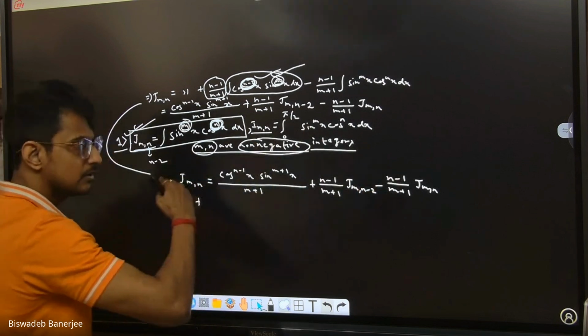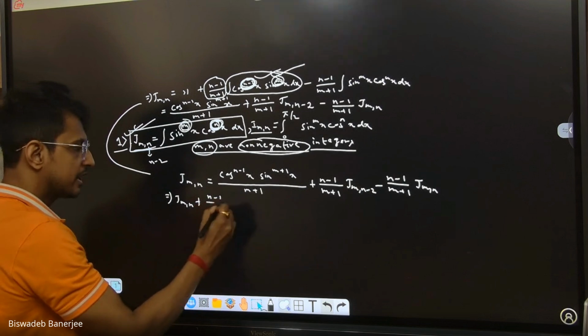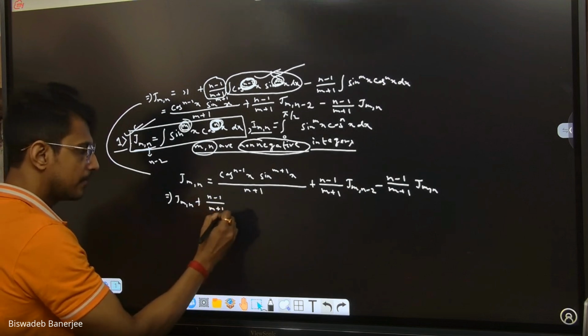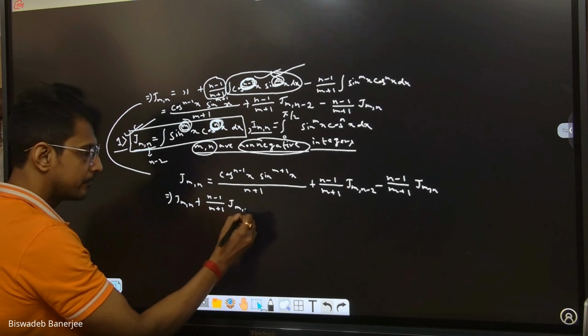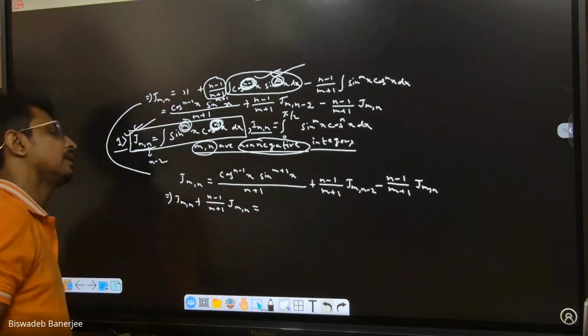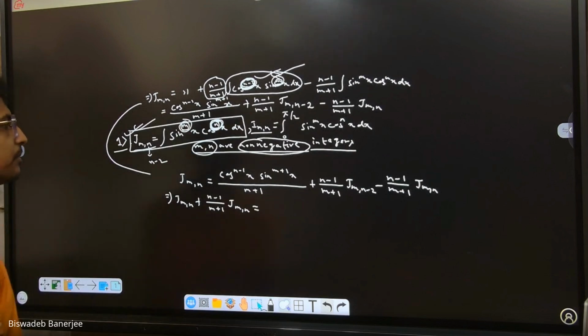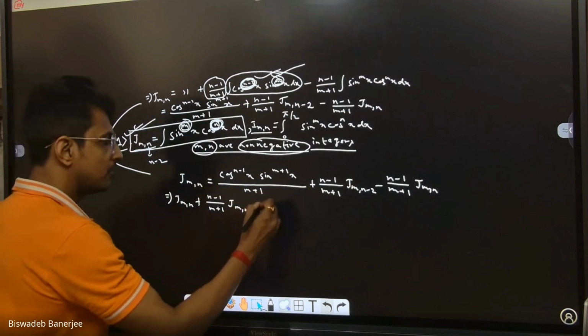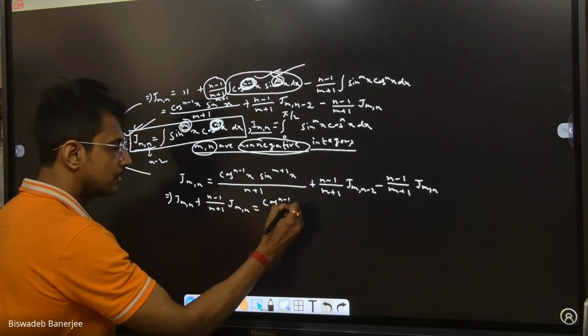This minus, just taking the minus sign to the left hand side. This becomes my plus (n minus 1) by (m plus 1) into Jmn. And for the right hand side, this is my